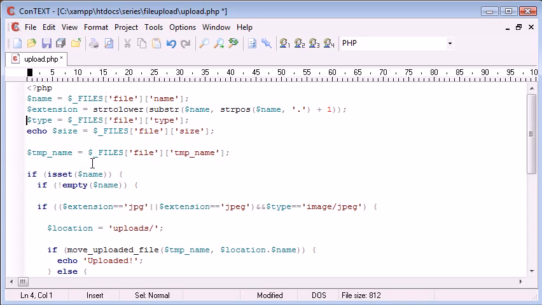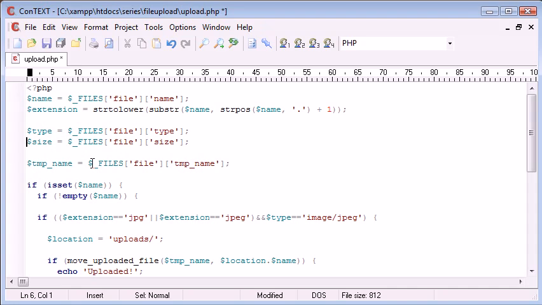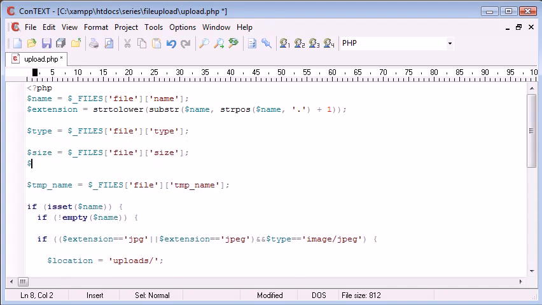So let's just get rid of this echo as well as the extension up here. I now want to create a variable under size saying max size. So I'm going to make this equal to this number. Obviously we want to pull in the spaces so we've got it as an integer. So the max size is this. So we need to now perform a simple check to see if the max size is less than or equal